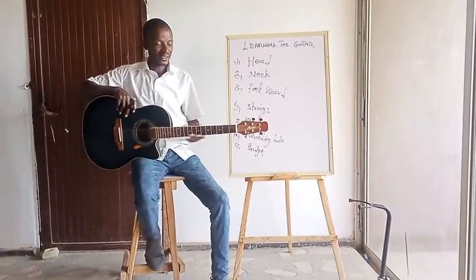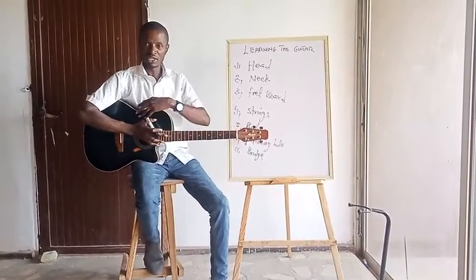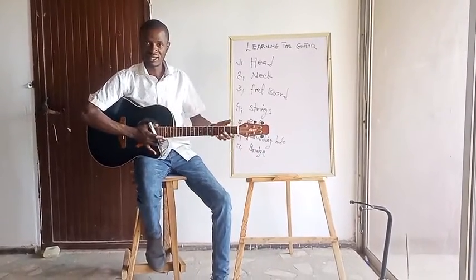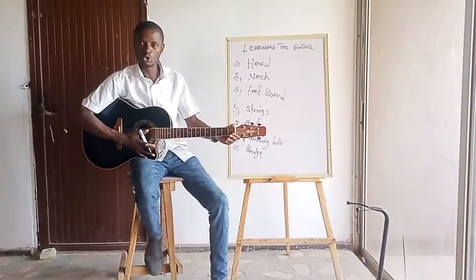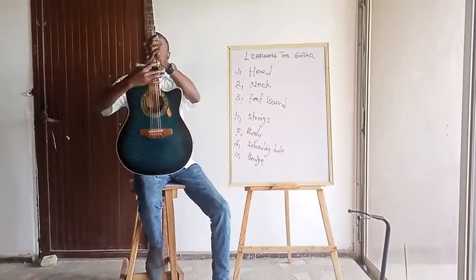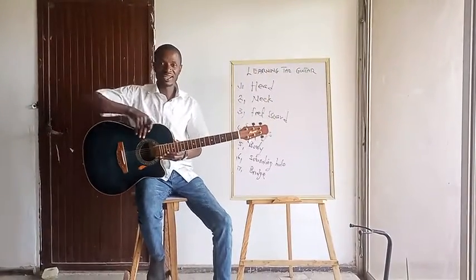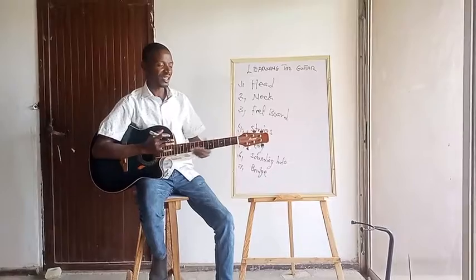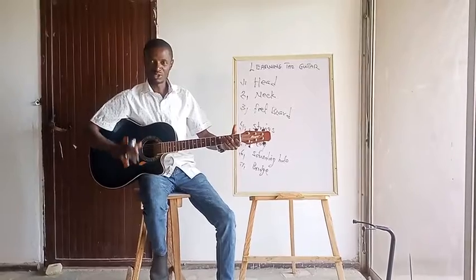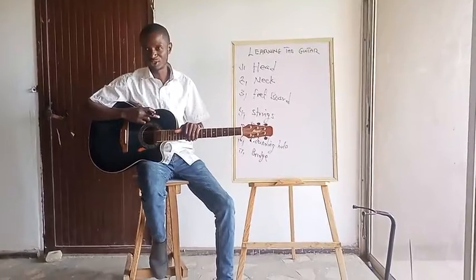Now, when you place it like this, then you break this hand like this, and then this hand, can you see? This body is placed just around your armpits, and then you use that to hold it, to give it a grip. This is how you hold the guitar. Can you try that? Try that with your guitar. Just place it like this and then tweak it to the left like this, and then just kind of lean on it like this, and then your hand comes like this. Is that okay? You can strum. So your right hand is used for strumming, your left hand is used to hold your chords.